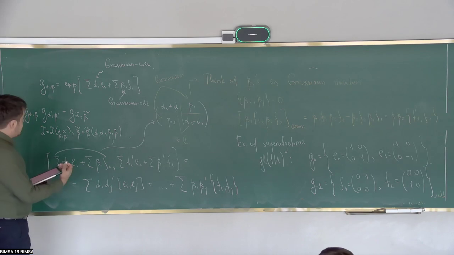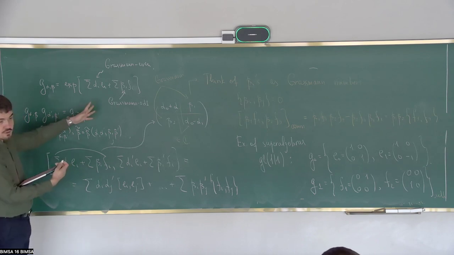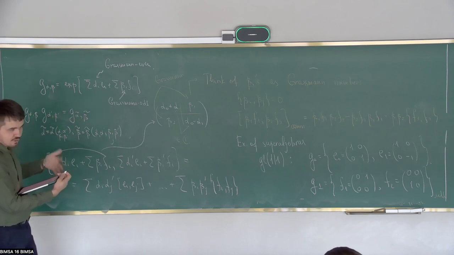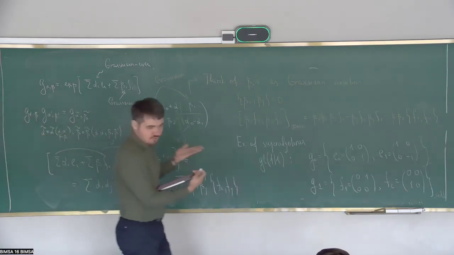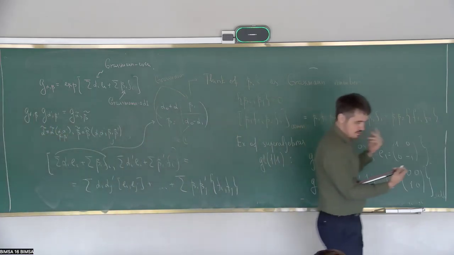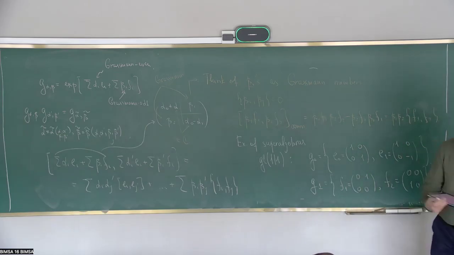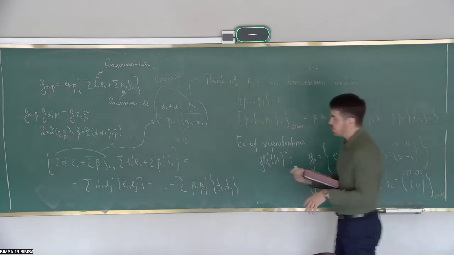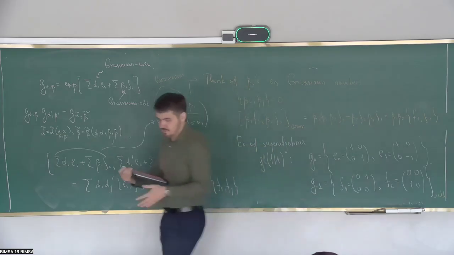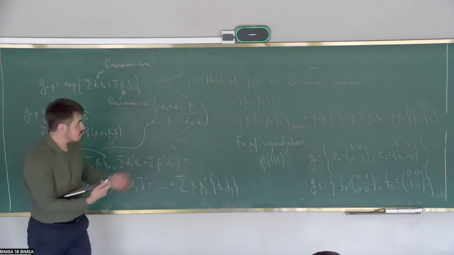Because you use the Baker-Hausdorff formula to combine the exponents, and then there you have the usual commutators. So if you assume that the betas are Grassmann variables, then these usual commutators will become anti-commutators for the corresponding